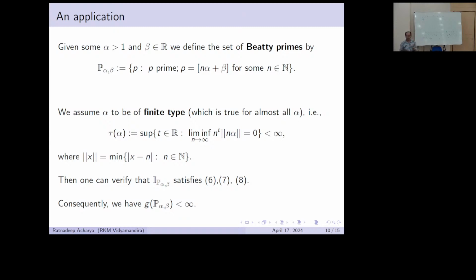Whether it is infinite type, then your result is not going to be true, or it is not possible to prove. Okay, I mean it's not possible to prove. As I mentioned, the finite type is required to prove that those alphas have some nice Diophantine approximation, rational approximation, which will be crucial to prove the Bombieri-Vinogradov type of inequality. Equation number 8, as I mentioned.